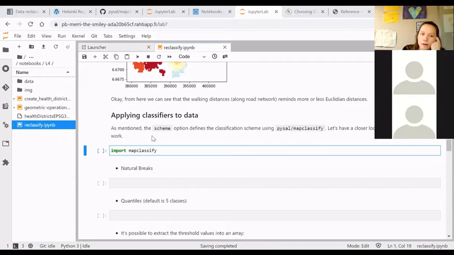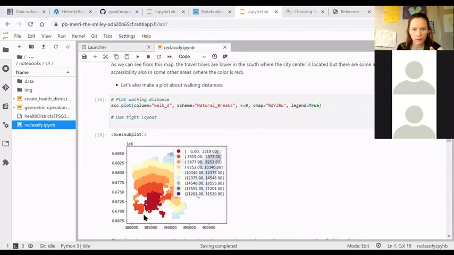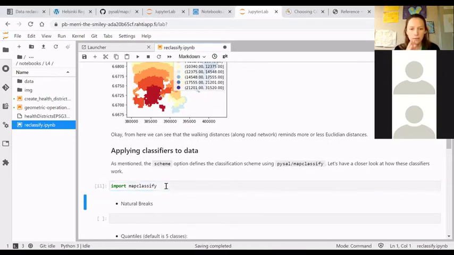So in here, what we did is that on the fly, when plotting the data, behind the scenes, GeoPandas and mapclassify calculate these breakpoints, assign the different polygons, so these grid squares we have in the data, to the classes, and then visualize them based on this classification. But sometimes we might want to have the actual classification in a column to have the class labels stored in the file for further analysis